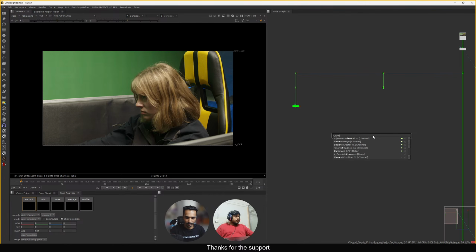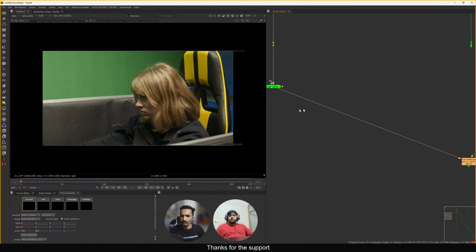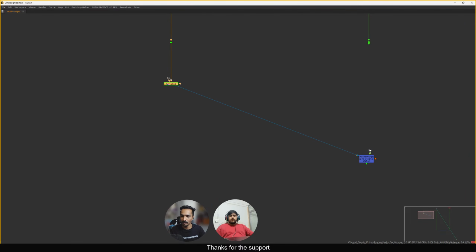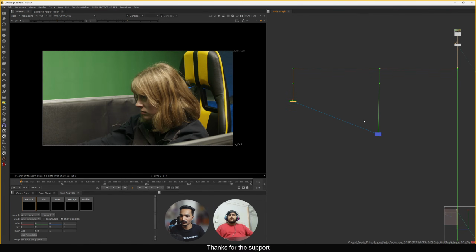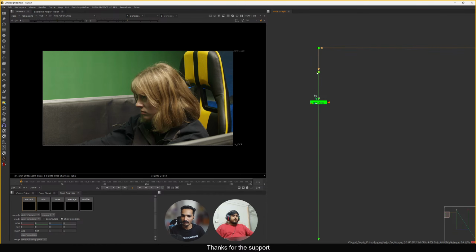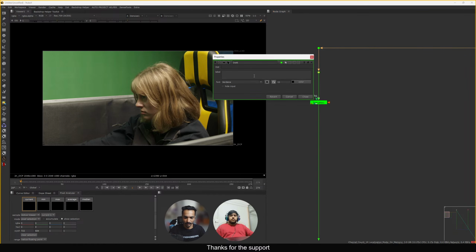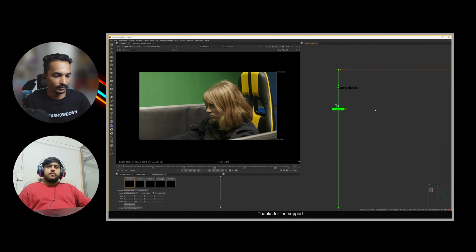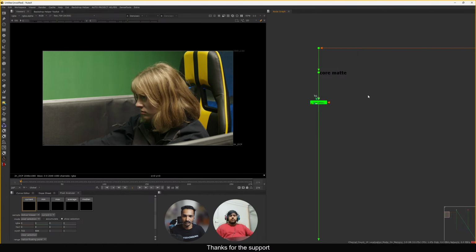Channel merge. So now I'm adding a channel merge to combine two keys. Our core key will be on top of this soft key. So it's like this setup. Just quickly set this. And I always try to rename, so I add a dot here. So this is like core mat, like this. Let me just bold this one. I think I accidentally pressed a key, then it will do this stuff. Okay. And for this one,